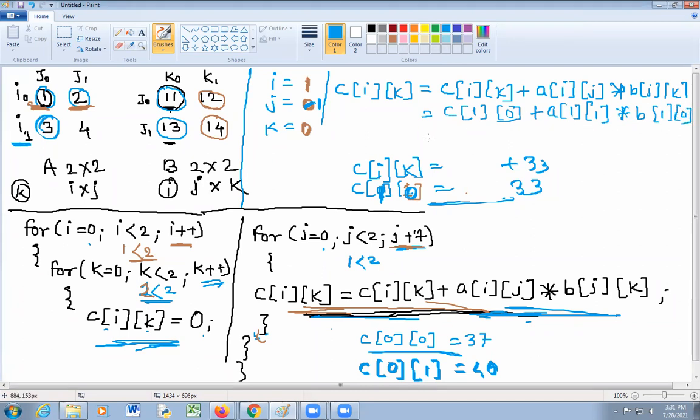Okay, C of 1 0 is equal to 33 plus A of 1 1.